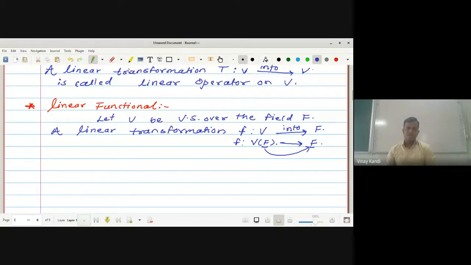A linear transformation F from V into capital F is called